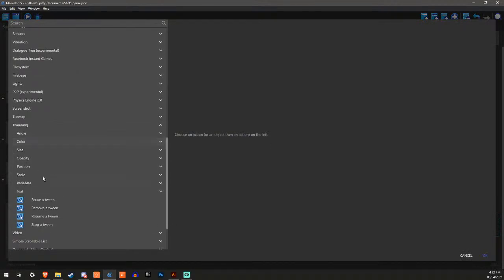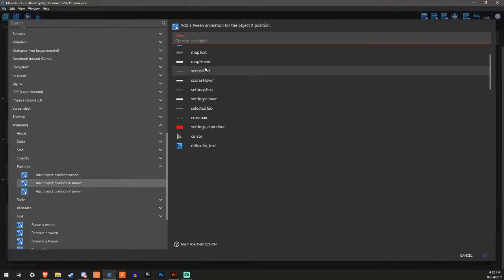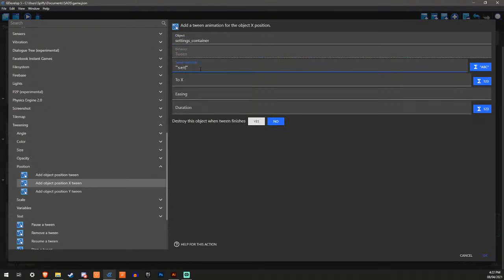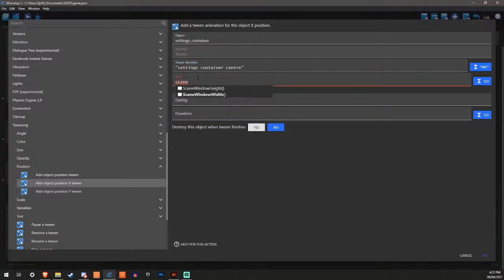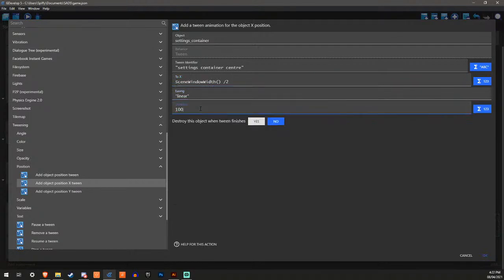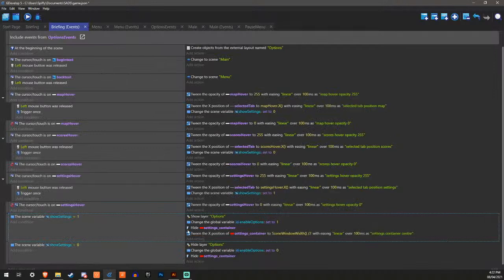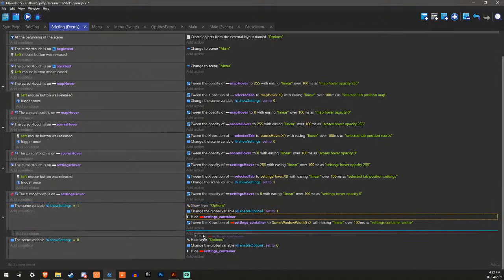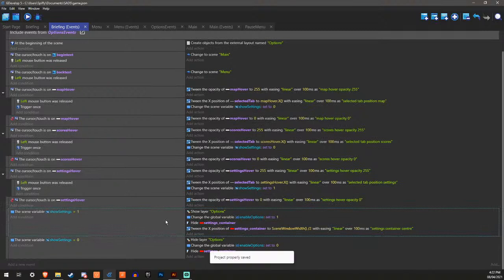So I'm going to tune the position of the container between the X position of its settings container center. 2x is going to be scene window width divided by 2 linear 100. And then I'm going to make it so this only hides. No, that's going to hide normally, isn't it? Yeah, that's fine. That's about it.